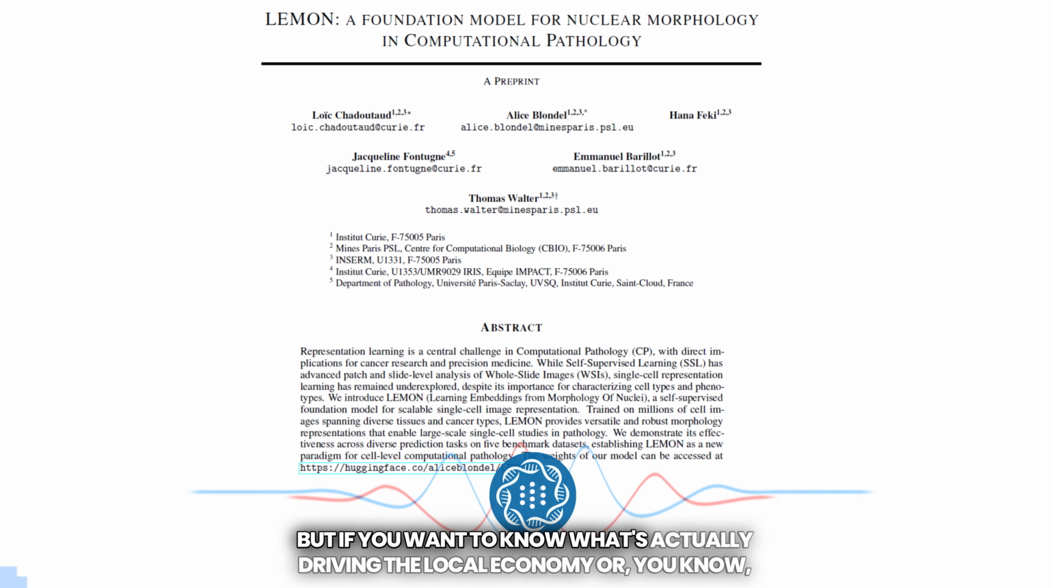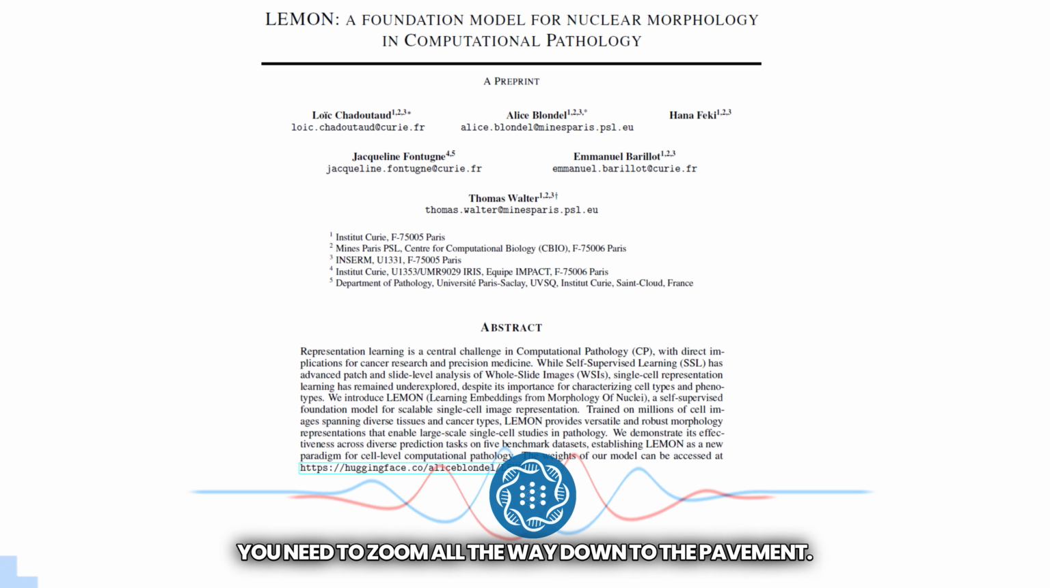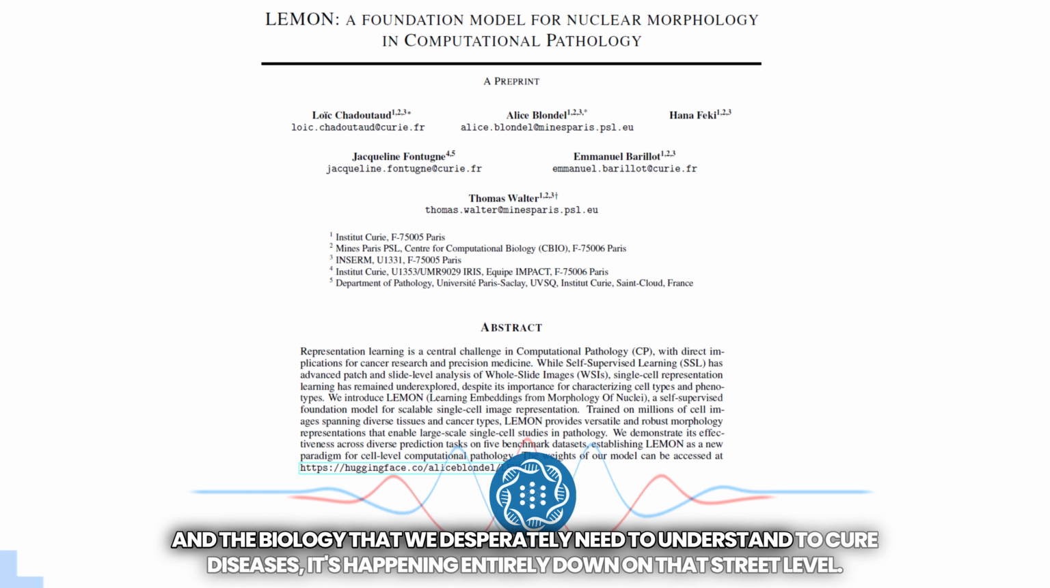But if you want to know what's actually driving the local economy or who lives in a specific house, that satellite view is practically useless. You need to zoom all the way down to the pavement. You really need that street view. Yeah, exactly. And the biology that we desperately need to understand to cure diseases, it's happening entirely down on that